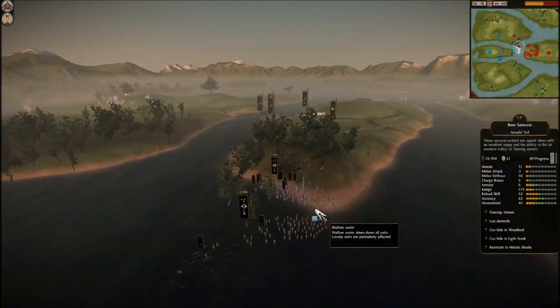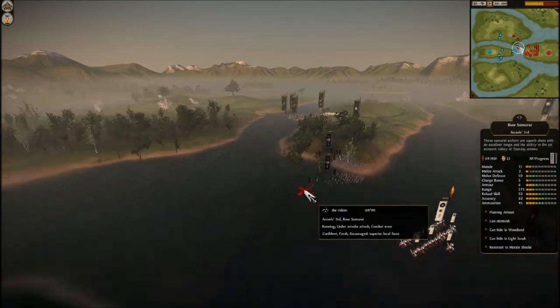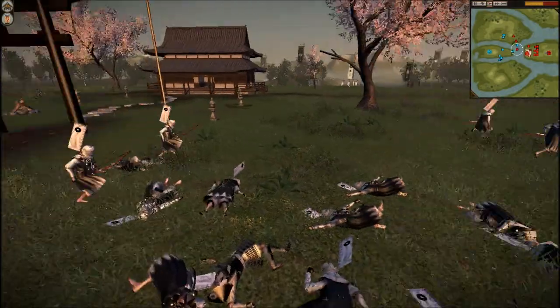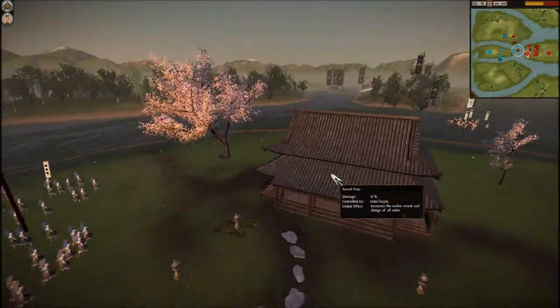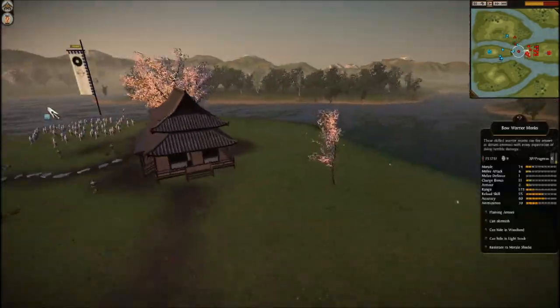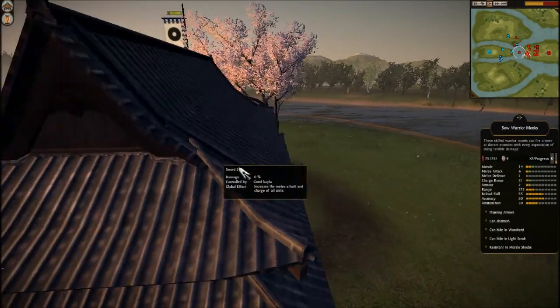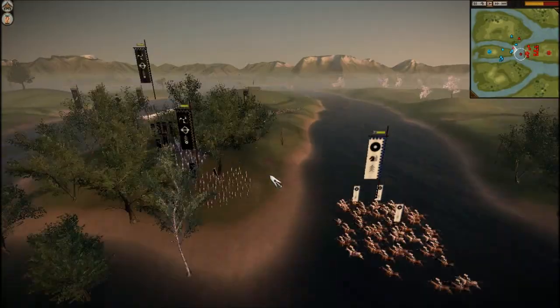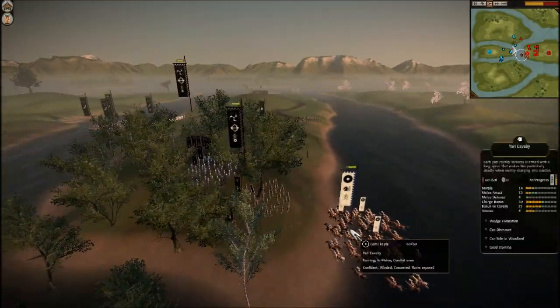He does back off with his men, and you can see his archers absolutely demolished my bow warrior monks. Literally went to town. I'm not sure if it's because of the building in the way, but who knows, hey? Who knows? Oh, there's a few arrows in there, that's what I was looking for. So I'm warming up my general, I don't want to give him any early casualties, and I smash